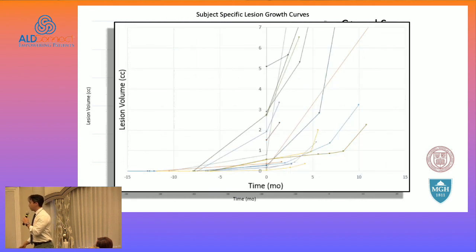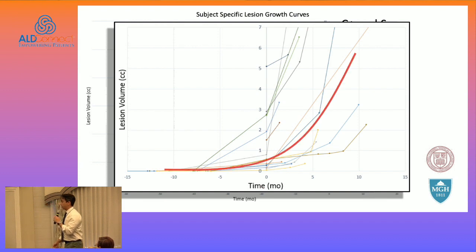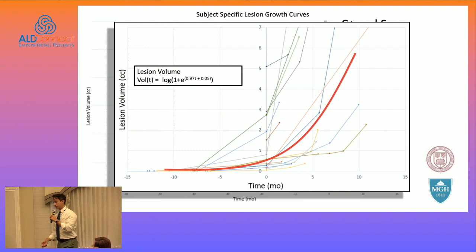So if I blow this up, what you'll find is that even though we use the LESS score, which is 1, 2, 3, 4, 5, 6, lesion growth in ALD is actually nonlinear. You can see that from visual inspection. But you can imagine that there's a ground truth, an underlying curve that a lot of these cerebral lesions follow. One of my backgrounds is in mathematics, so if you do nonlinear regression, you can come up with an equation. The equation that I came up with will effectively tell you the relationship between your volume and your perceived first time of, or what we think would be your first abnormal scan.